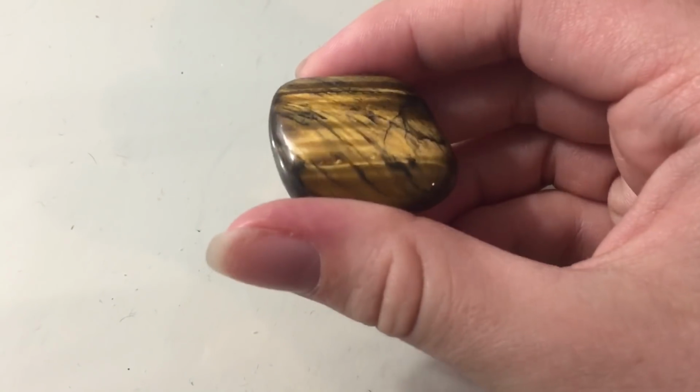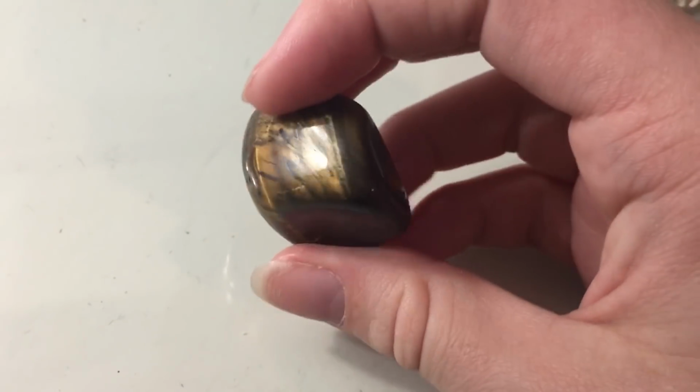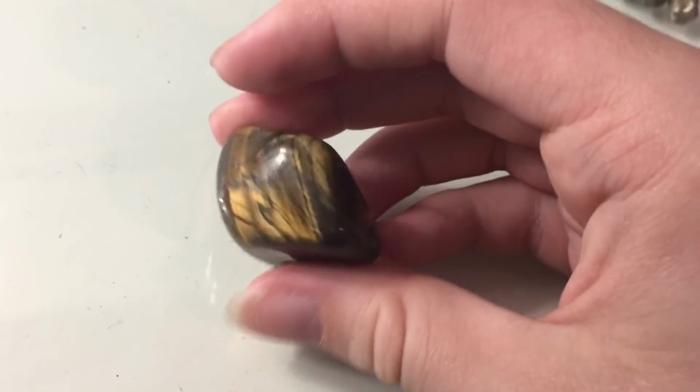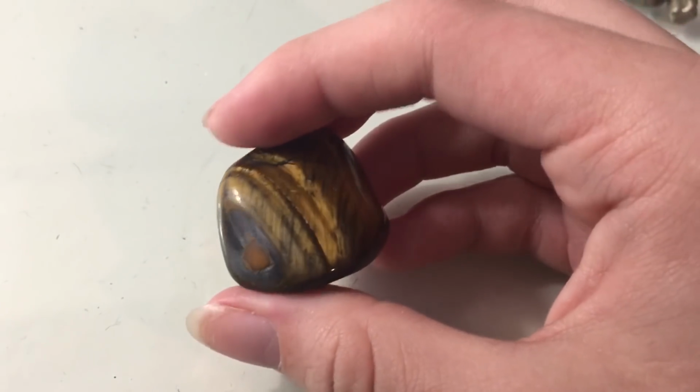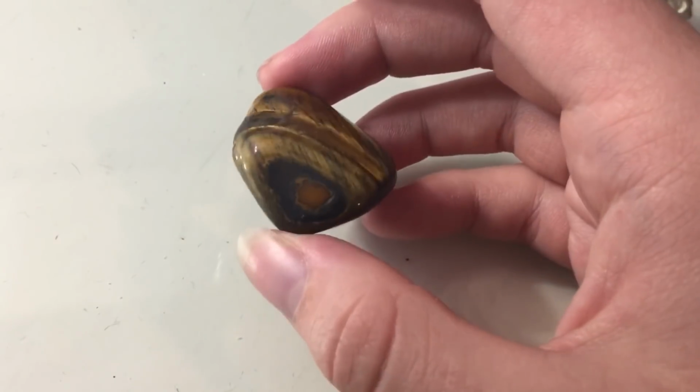The second one that Jack got me is, I love all of them so much, I can't choose a favorite, but I really love Tiger's Eye. And this is just a gorgeous piece of it. It's such a perfect size for carrying around or just holding in my hand, and I have a feeling that I'm gonna constantly have this with me because I have a problem. But Tiger's Eye is known for balance and organization, and those are two things that I am shit at, so,